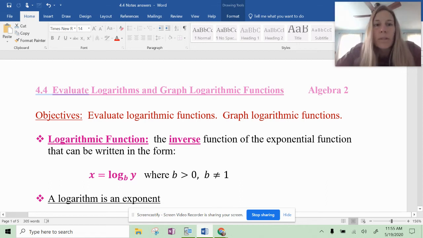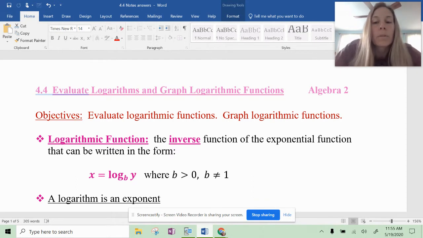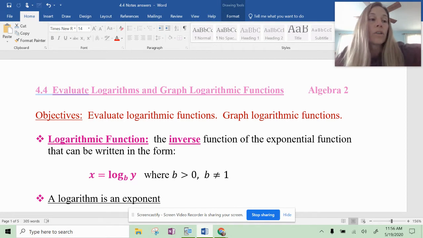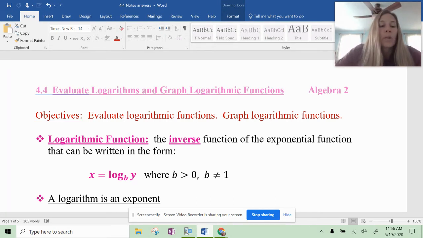All right, so welcome to the second half of chapter 4, which is logarithms. Logarithms are used in finance. They're also used in chemistry. So when you get to college, if you take any college chemistry or finance, you'll probably come across some of these logarithms. We're going to start out today with just basically evaluating the logarithms,